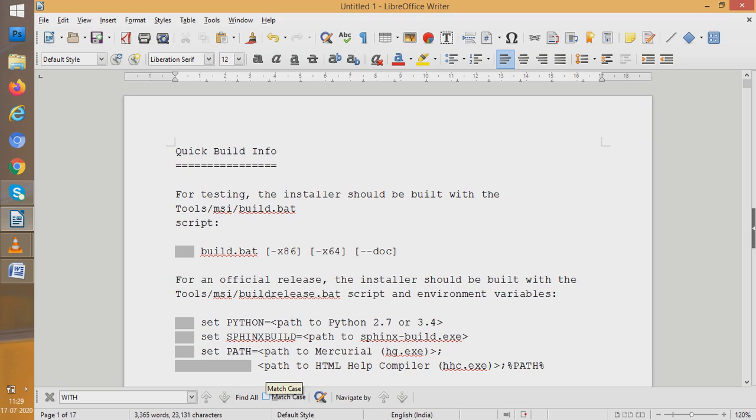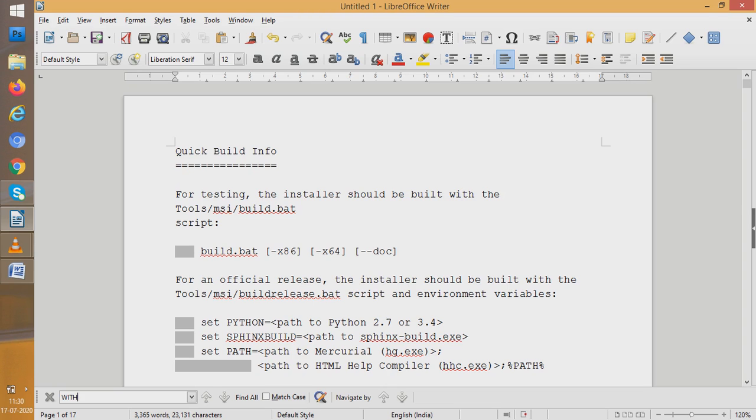If I tick this box, then it will search exactly those with which are in capital letters only. But if I don't tick it, it will search every with which is written in capital letters or small letters or a combination of capital and small, every with would be searched.